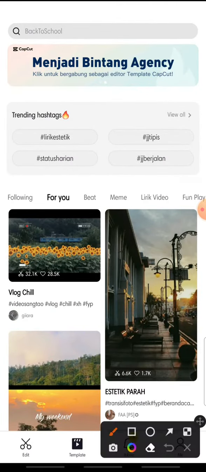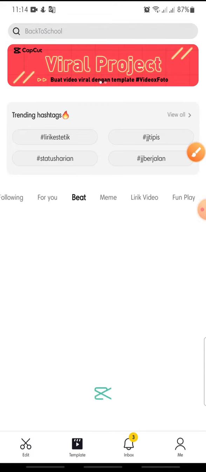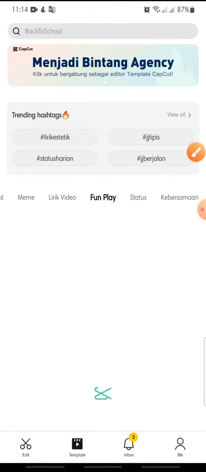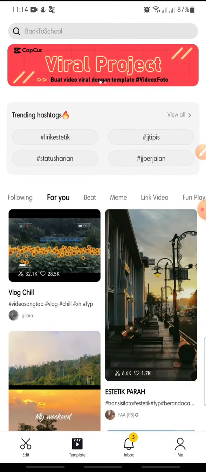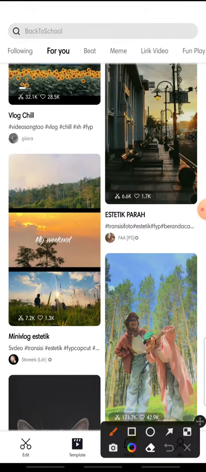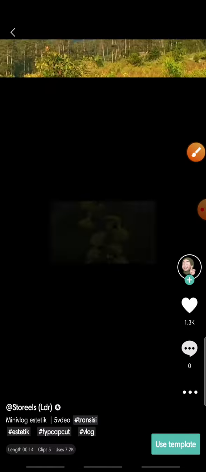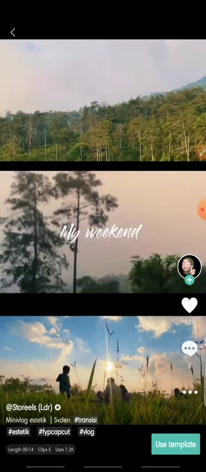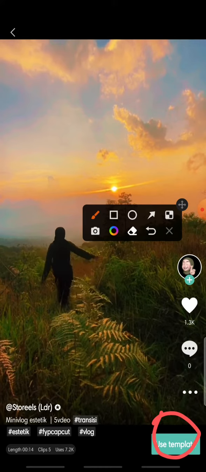In here you can see a beat template, mimic template, or the video's font fly or a status, so you can use any of the templates. But in here I want to try to add this one, so you just click on it. And after this, if you want to use this template, you can click on the use template at the bottom,